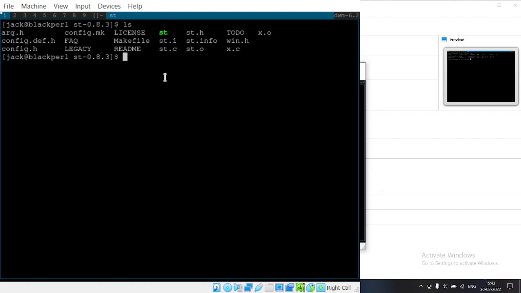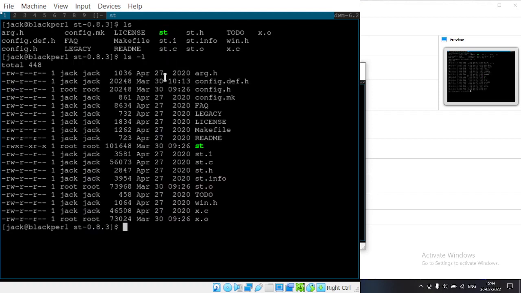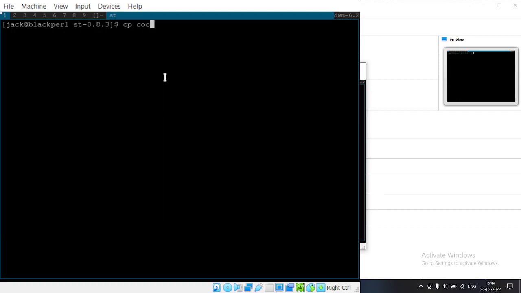So now what we have to do is rename this config.def.h, which I don't suggest. We can copy this config.def.h as config.h, which will change the contents of config.h to be equal to that of the contents of config.def.h. Let me show you what I'm talking about. But so we can simply do this. Just a second. Okay, if I do this cp